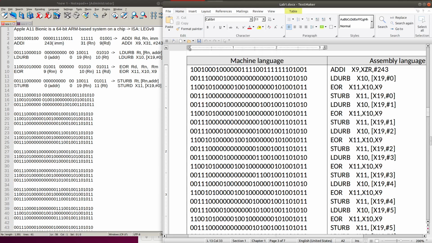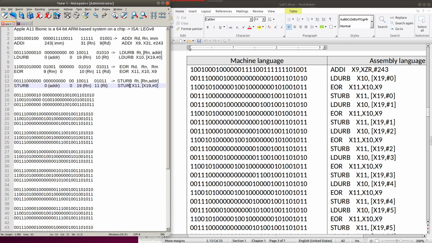And then it will be load from memory into X10, with base X19 and offset address 0, and then exclusive OR of X10 and X9, and store into X11.